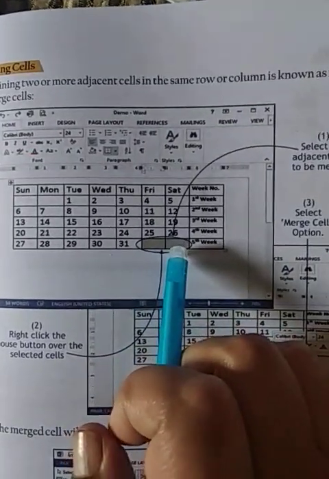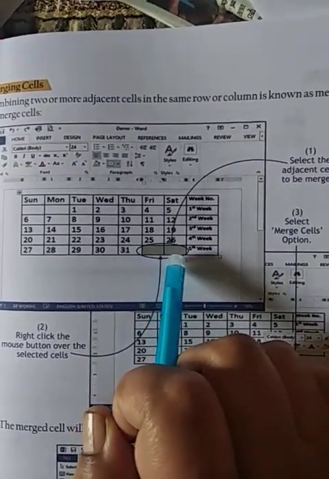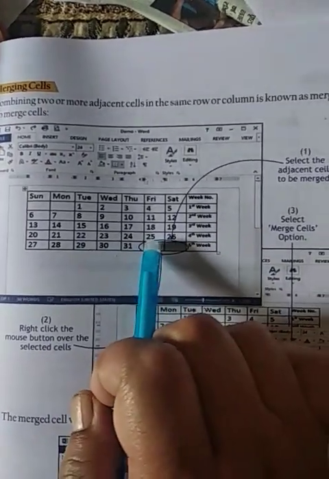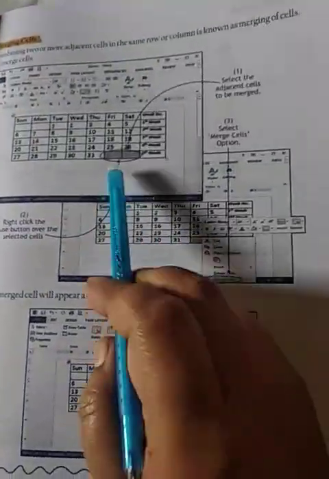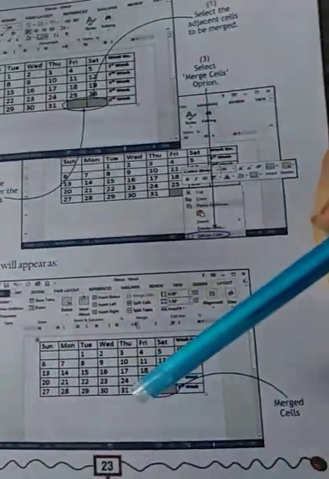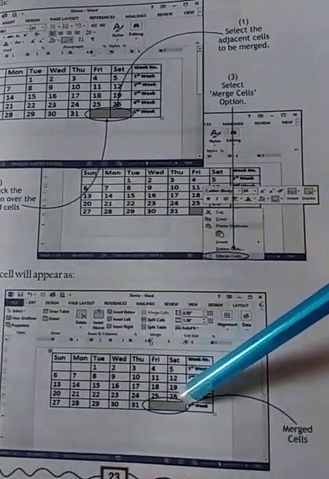This is cell 1, cell 2. Now I want to enter data that requires these two cells to become one. For example, here you see in this diagram, these were two cells. Now we have merged them to become one cell. Okay, so now what is the process of merging?